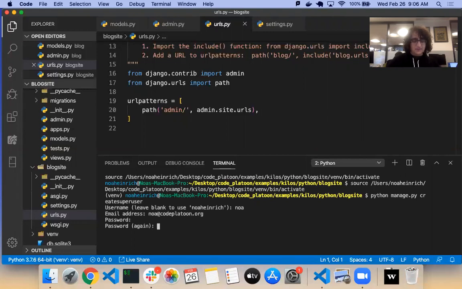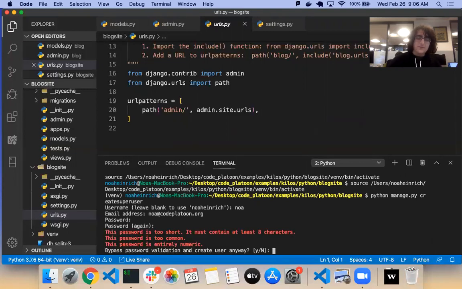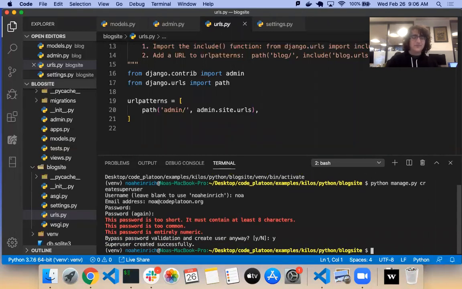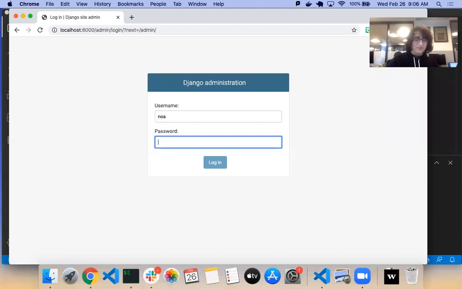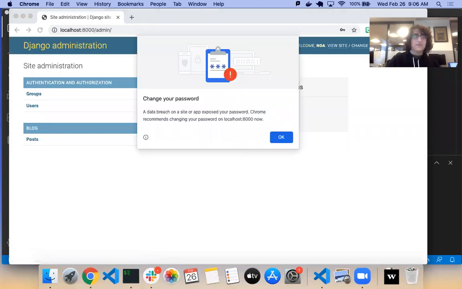Try it. Oh, hello. They actually have some validation on there that says the password's too short, it's too common, and it's entirely numeric. Which is nice of them to be looking out for me. But I'm going to create the user anyway. So now if I just type in Noah, password 123456. Thank you, Chrome.